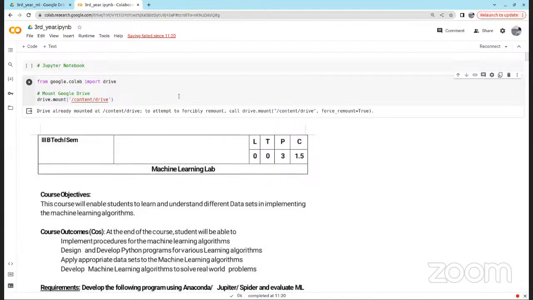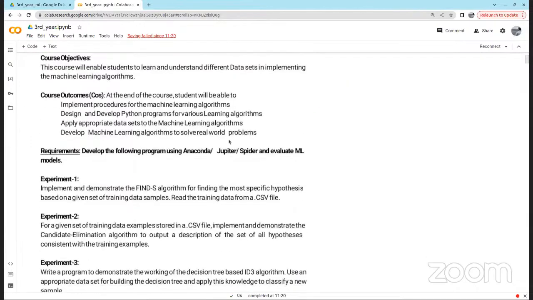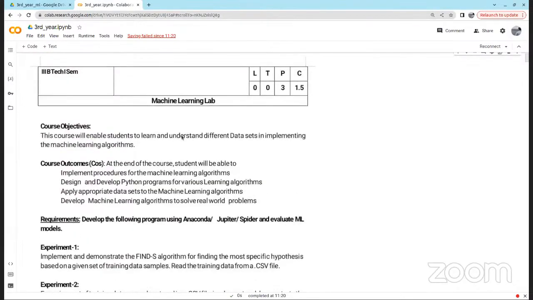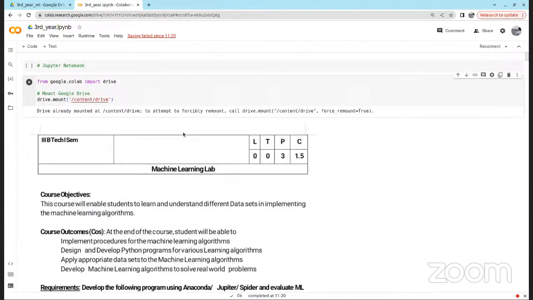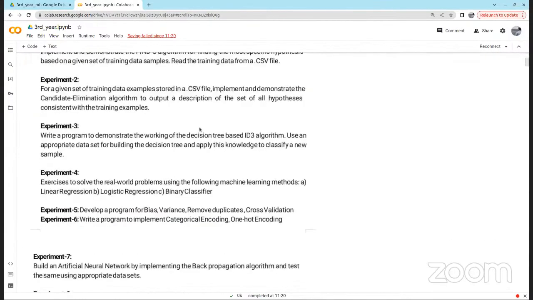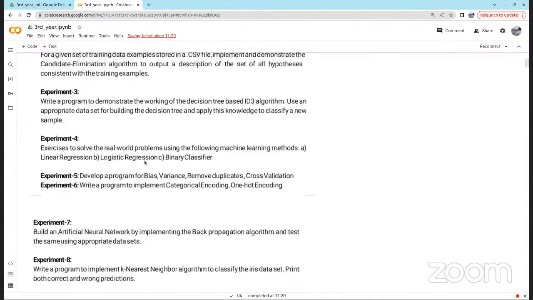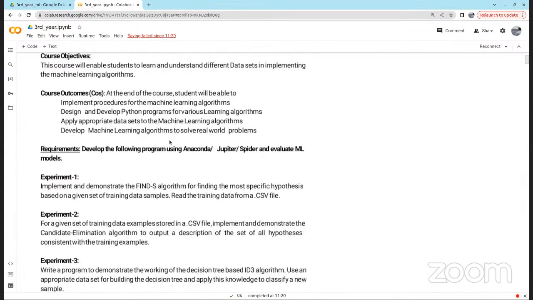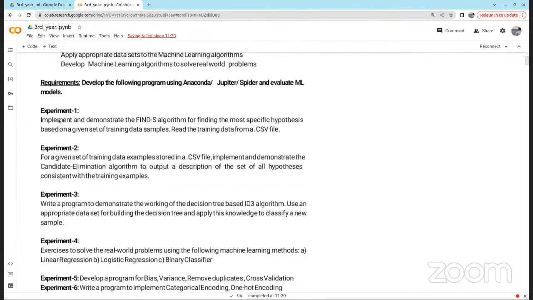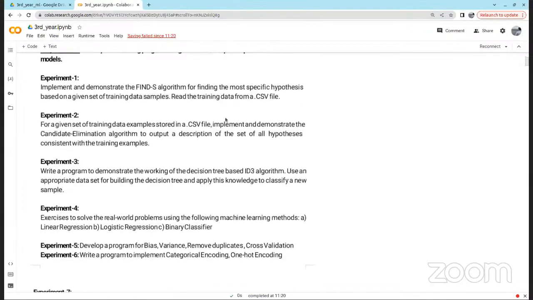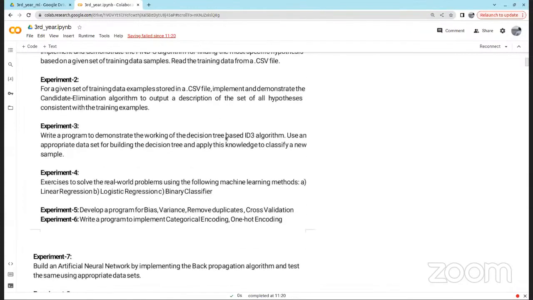Okay, so earlier we had a session in which we gave a little introduction about Google Colab. Right now we have 15 experiments in our lab. Out of those 15 we discussed two: experiment one, the Find-S algorithm, and the third one, the ID3-based decision tree algorithm.